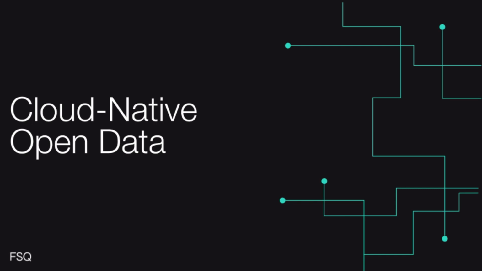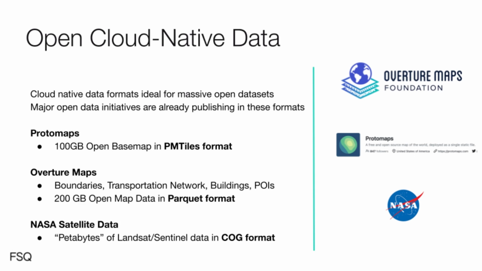I'm just going to mention a few here. So ProtoMaps is a project that's making an open base map of the entire world. And it's obviously a massive amount of tiles, million tiles maybe, to get that all down to resolution Zoom 14 or 15. It's 100 gigabyte PM tiles, and it's being regularly updated. So if you bring PM tiles support to your tool, or you find a tool that's PM tiles capable, you should be able to use the ProtoMaps open base map, which is quite beautiful.